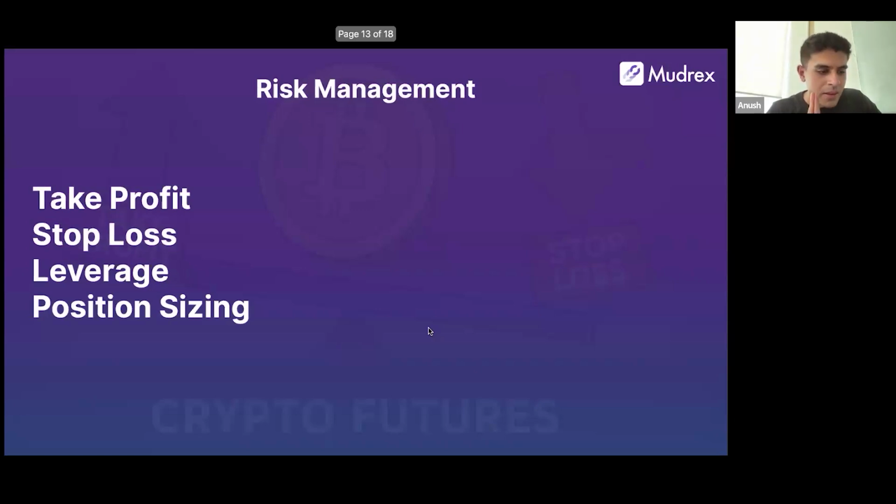See, the thing in futures trading is the upside can be massive. I've seen how massive it can be, especially with tools like leverage, but so can the downside. One bad trade without proper risk management can wipe out a huge chunk of your money or even all of it, like when I mentioned about liquidation, right? So let me just break down some of the key concepts when it comes to risk management and how to use them when building your strategy.